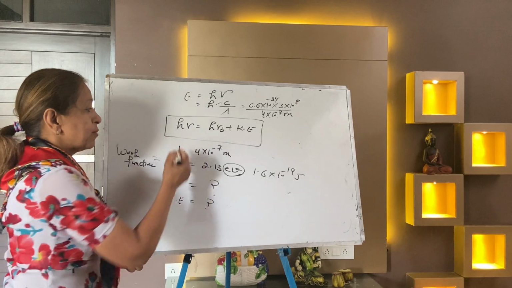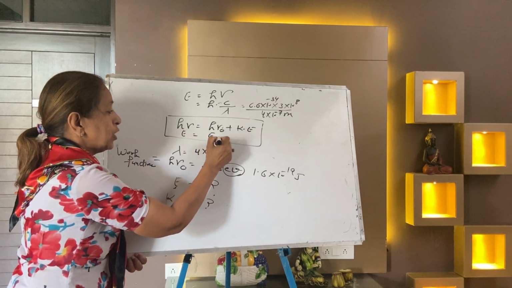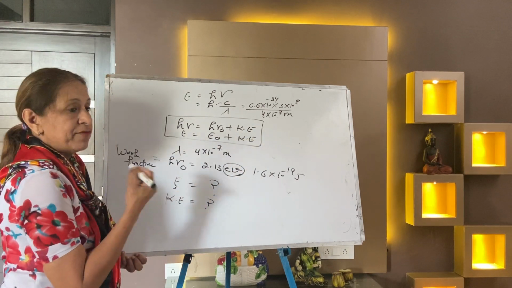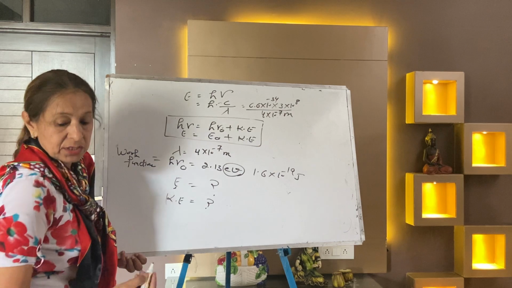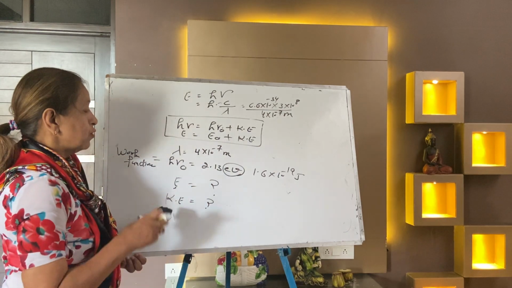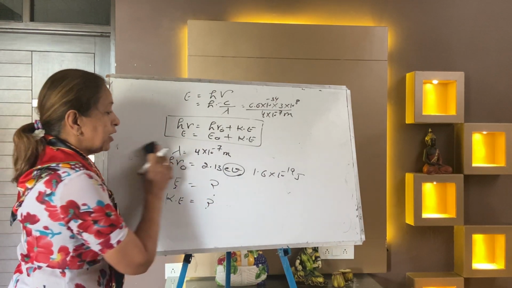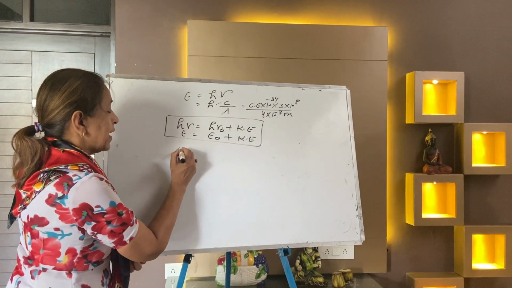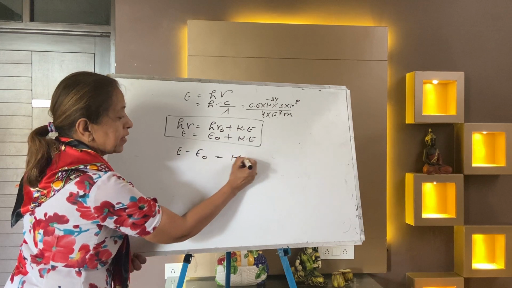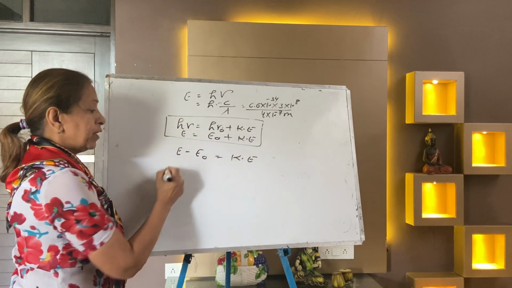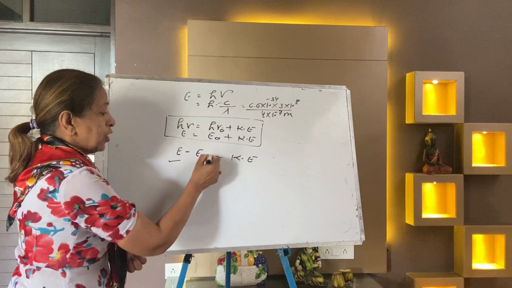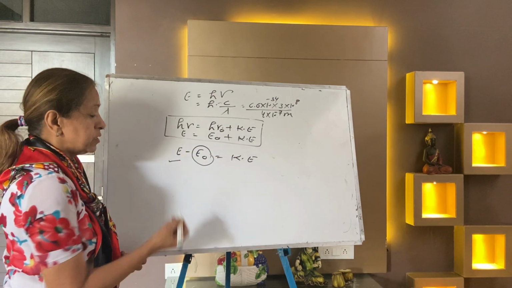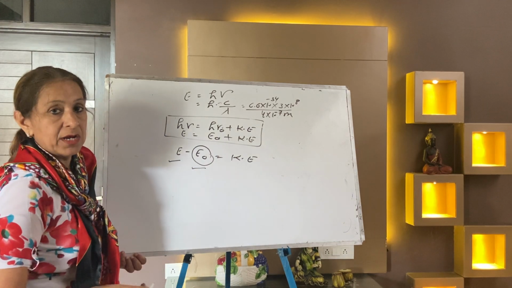Now you apply the formula: E is equal to E naught plus kinetic energy. You have h nu naught, you have the energy, and now calculate the kinetic energy. After calculating E, h nu naught is the E naught, which is given. Now apply E minus E naught; this will come as kinetic energy. Whatever E comes, put it here. E naught is the work function, which is given. We have converted this into joules. Put it here, and this comes to kinetic energy.